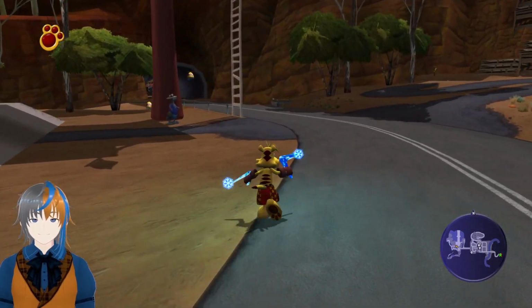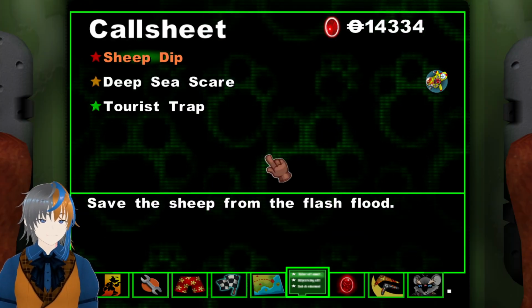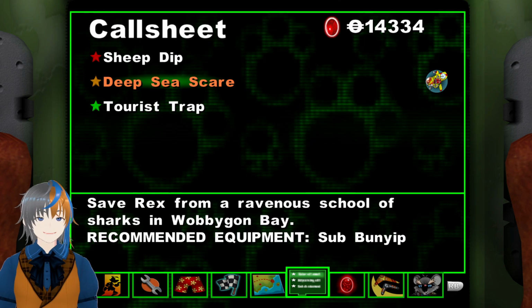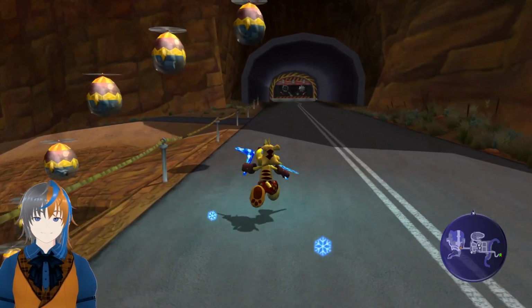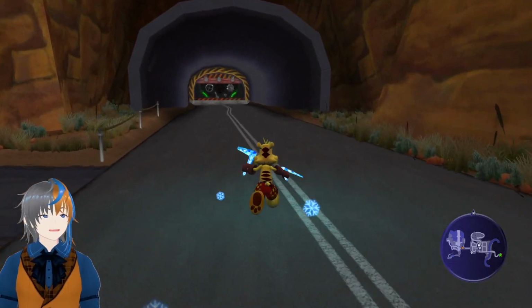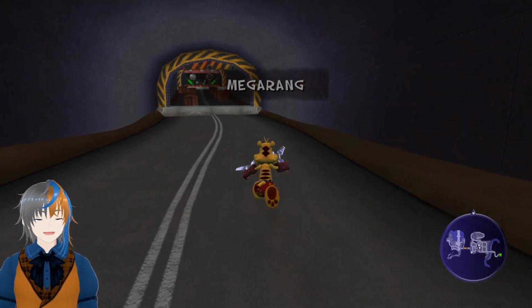So the flash flood is first this time around. Okay. And which one is that gonna be? That is the orange one. Okay, and we should also be able to afford a new rang. I don't know if I'll get a new one in this episode or not,